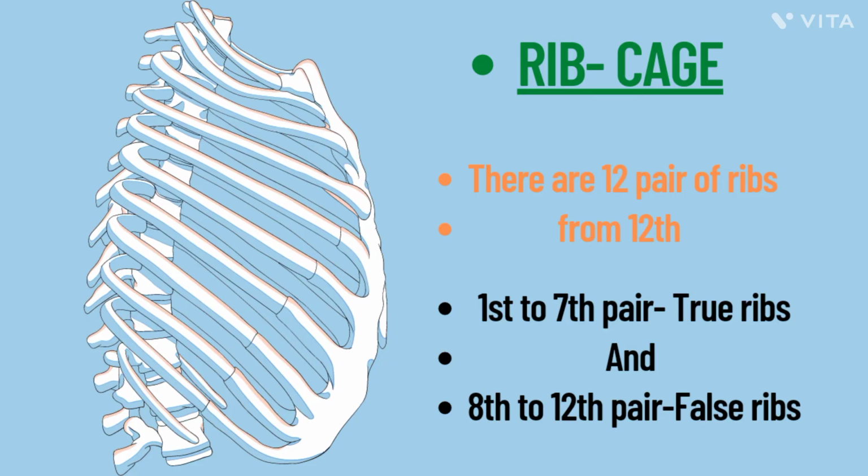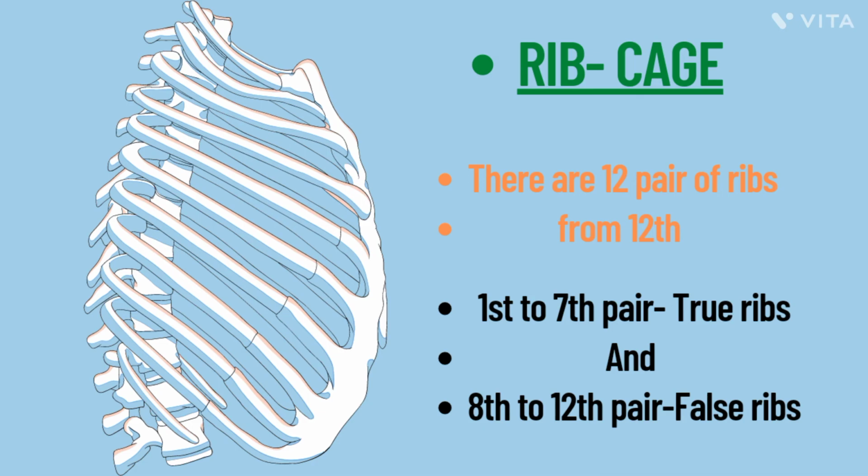Now the rib cage. There are 12 pairs of ribs. They all originate dorsally from thoracic vertebrae and end or fuse ventrally at the sternum. First to seventh pairs are called true ribs because they fuse directly with the sternum, but the 8th to 12th pairs don't